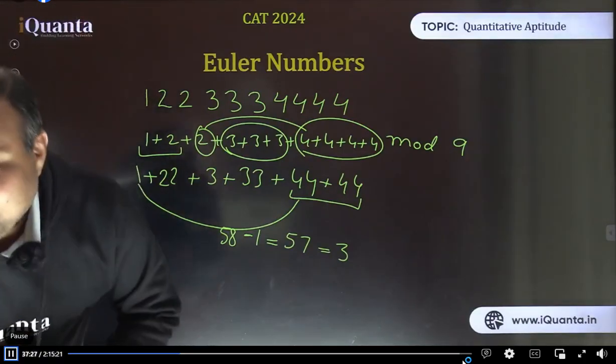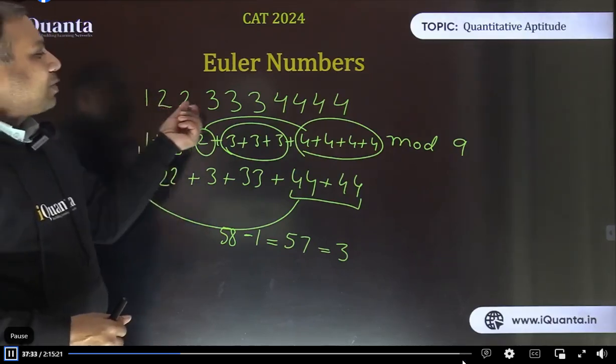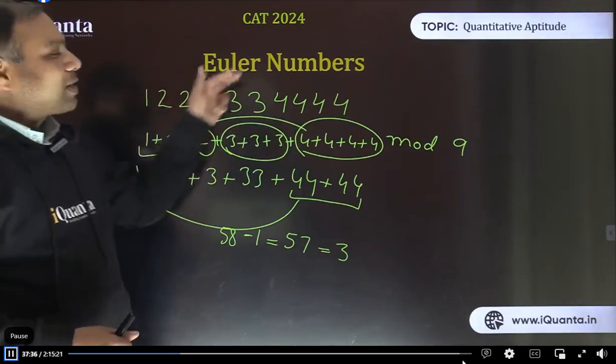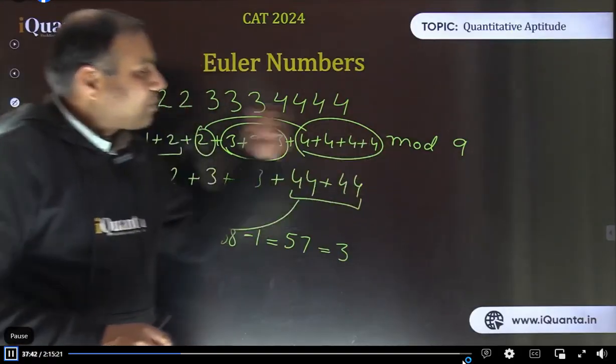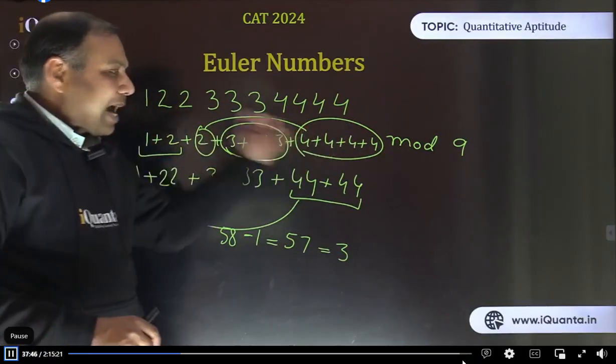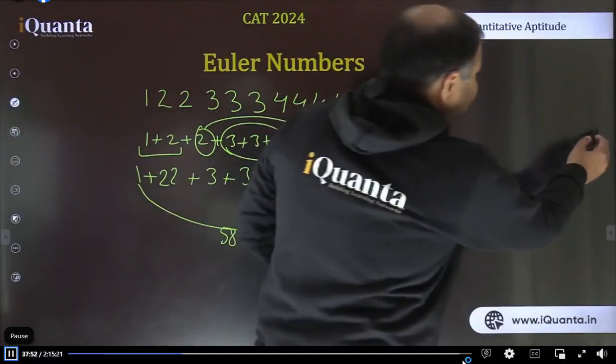Yes, exactly. Some of you have written a very nice thing. Yes, good. See, this is 1 times 1, this is 2 times 2, this is 3 times 3, this is 4 times 4. So it's like 1 square, 2 square, 3 square, 4 square, right? I have written the expression that way only. Exactly. Anyway, so that was the way to calculate remainder with 9. So we have to add the digits, whether I'm taking them single or group of 2 or group of 3. Okay, now if I need to calculate the remainder with 11.